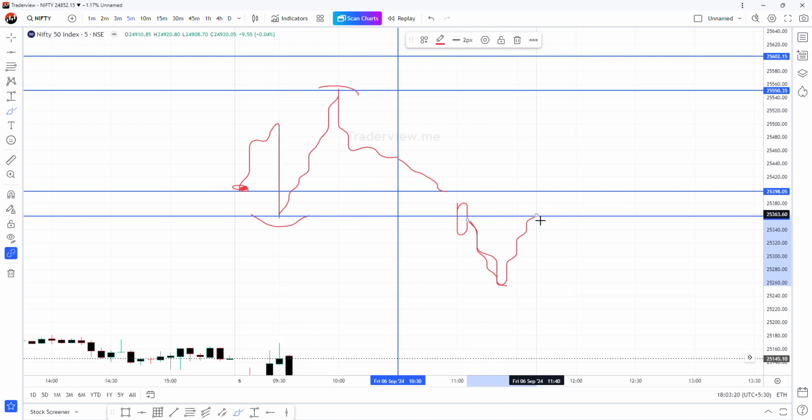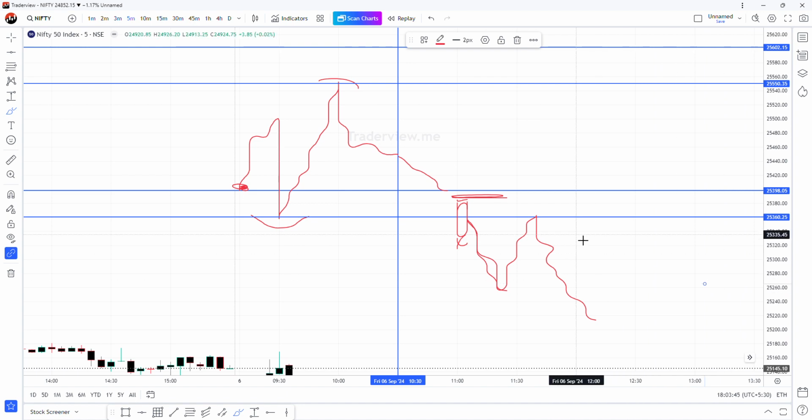This support becomes a resistance once the price started trading below this price, right? And then what you can do is you can keep the stop loss at the high of this candle, and you can take trades towards the downward direction. Okay,